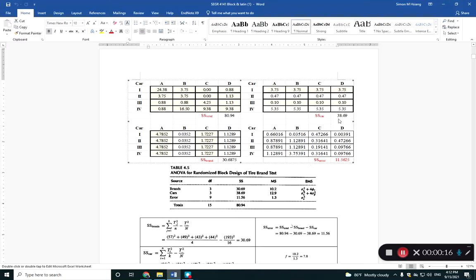blocking design. I already explained last time that you can consider that the total sum of